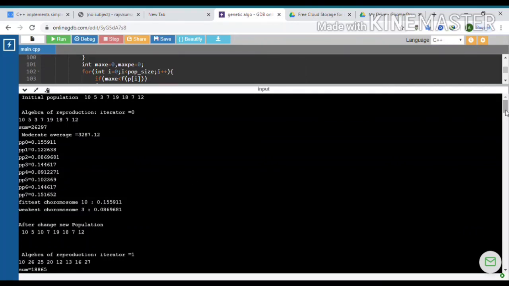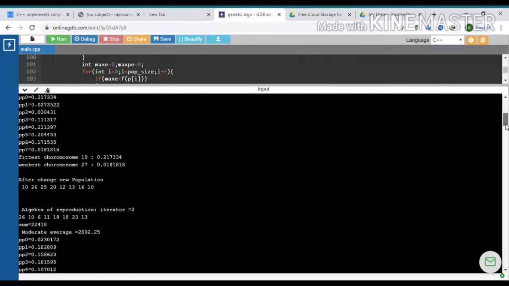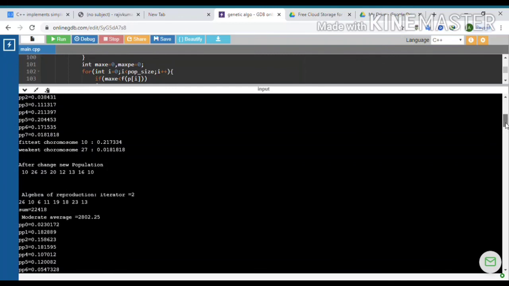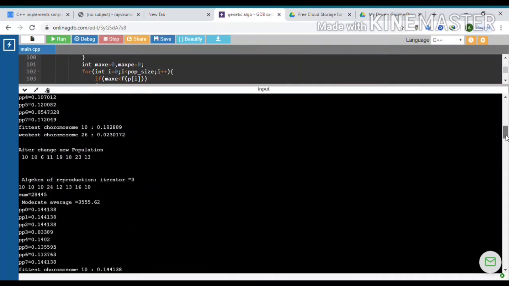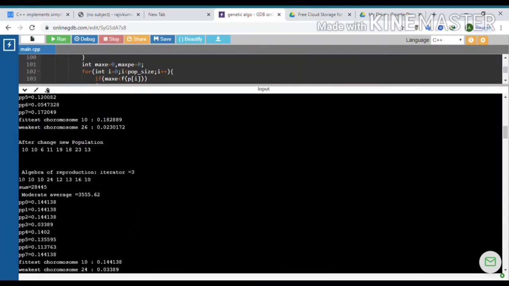We see that after certain generations, our population has evolved and proceeded towards its optimal state. Here we can see that in the third generation we have 4 chromosomes as 10. Here 10 is our optimal solution, because in the range given, 0 to 30, at the value 10 our function keeps the highest value.